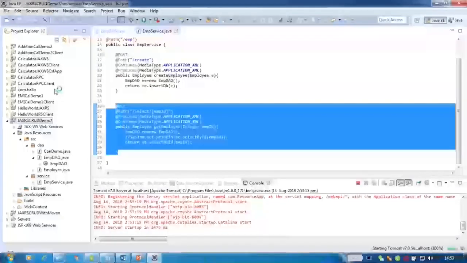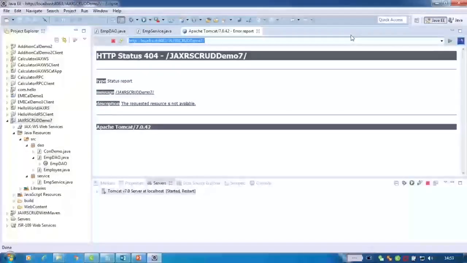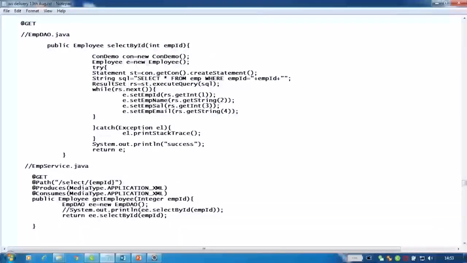This is our URL. Control C. This is the URL. Control V. Now if you see this URL,